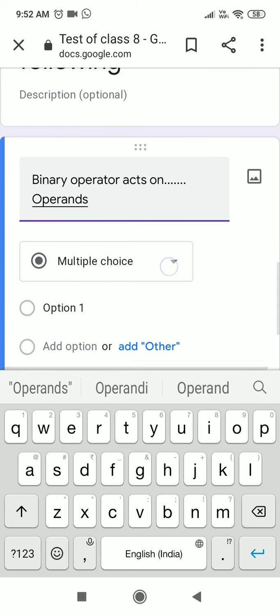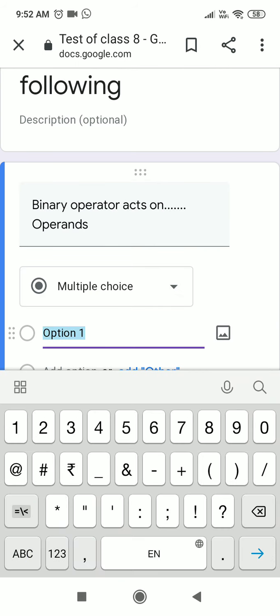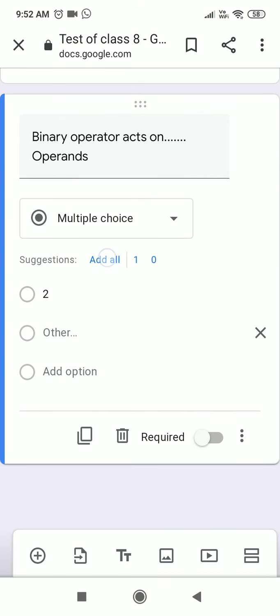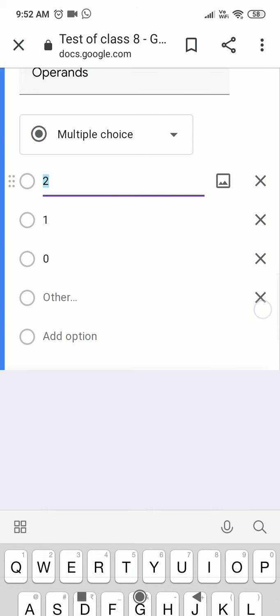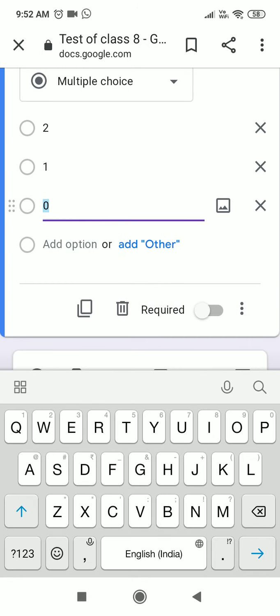Okay, so here you can choose different types of question, but since we are taking a test, multiple choice. I write here 2, add another option. I suppose I accepted the suggestion. If you want, you can make it compulsory. If you don't want, then leave it.